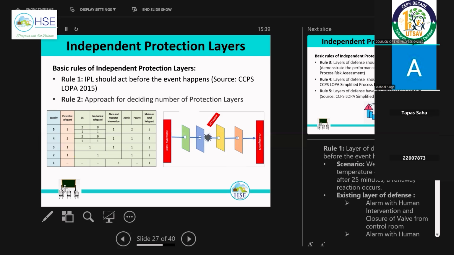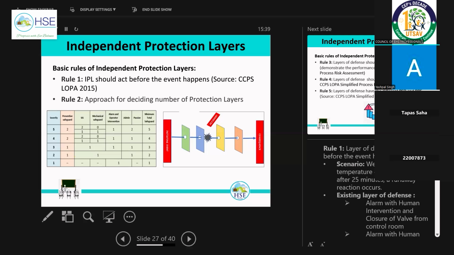There is a RAST risk matrix for the consequence frequency, that is from the CCPS itself. In the CCPS, there is one guideline, a standard available, called the Risk Analysis Screening Tool, a RAST manual. I will share it if you require, just send me a mail. So based on that, normally we design these things.